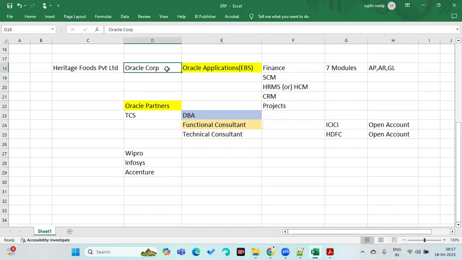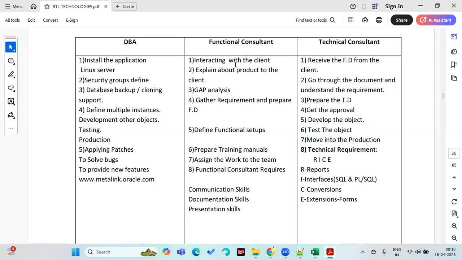What Oracle will tell the customer is: your day-to-day payments, whatever you are paying to your suppliers, you can manage in your Accounts Payable module. But how to manage? If I want to pay a single supplier, how to do that? If I want to do it for multiple suppliers, how to do it? For some people I want to pay by checks, for some I want to pay online, for some I want to give future-dated checks, with different bank branches, different formats, check printing. They will not give this detailed explanation. They'll say that all the features are there. So the functional consultant is supposed to gather that information from the client.